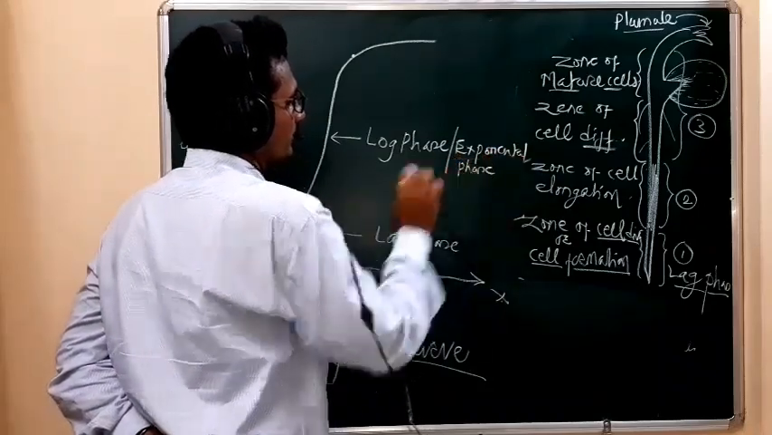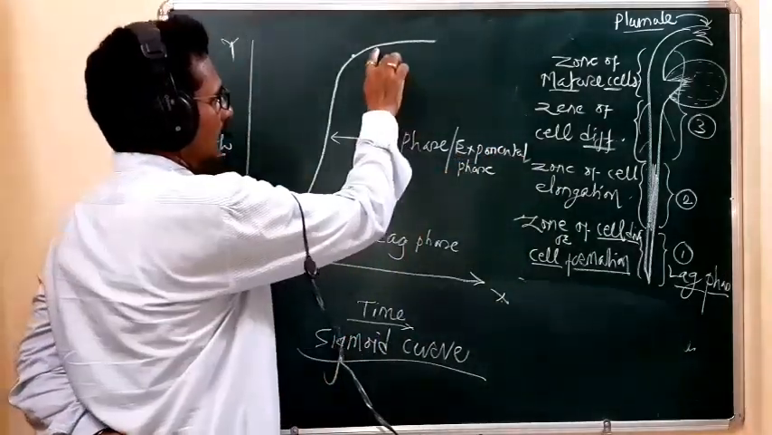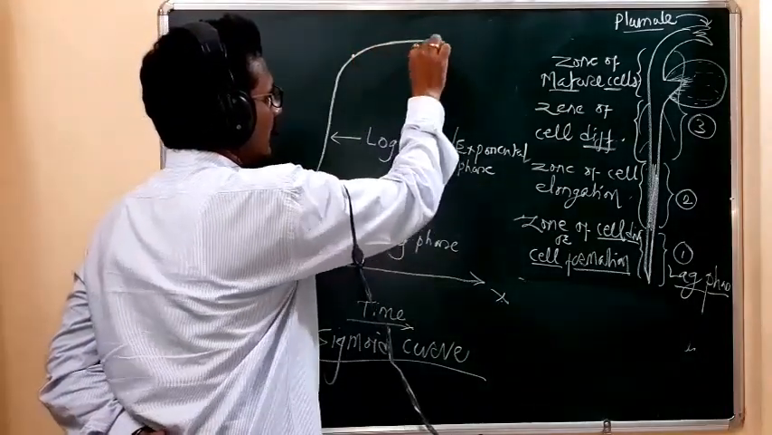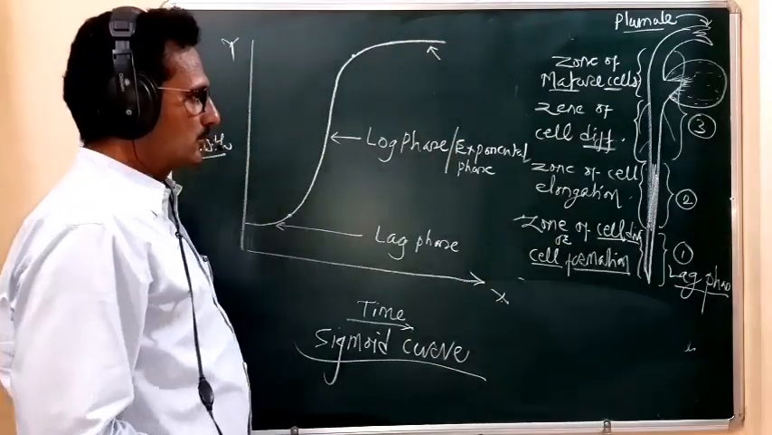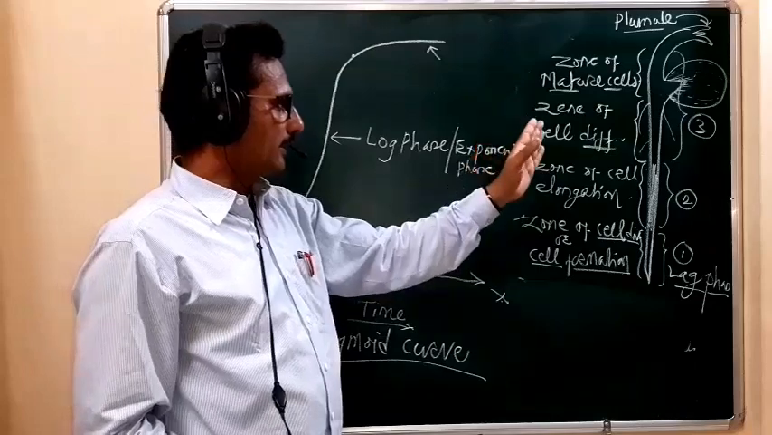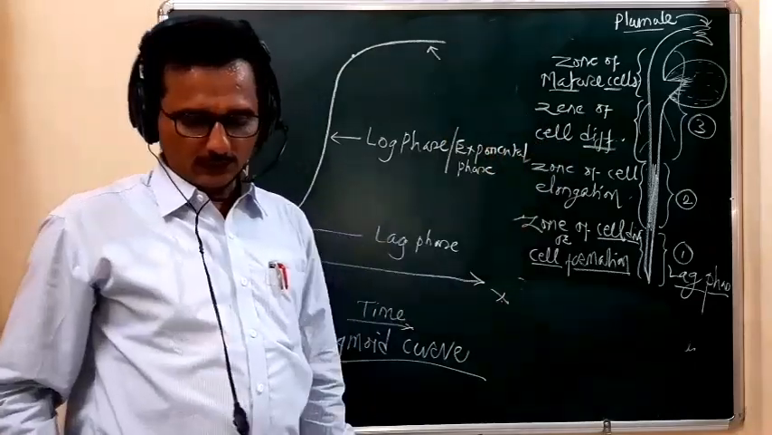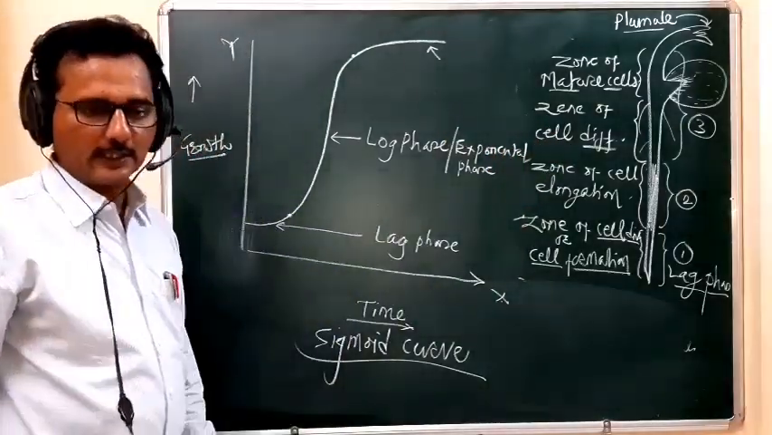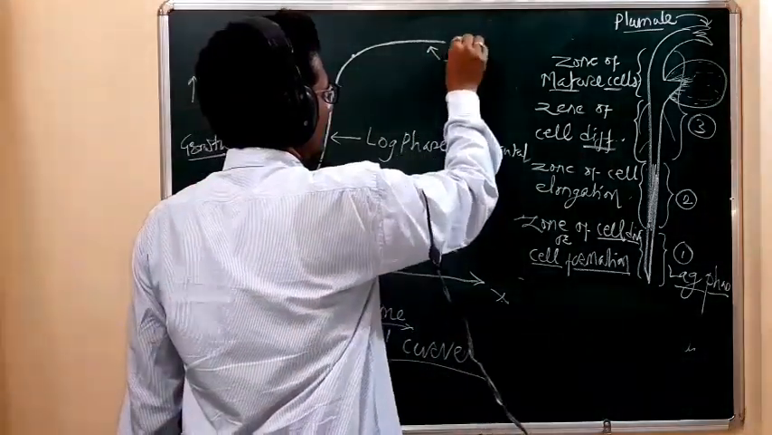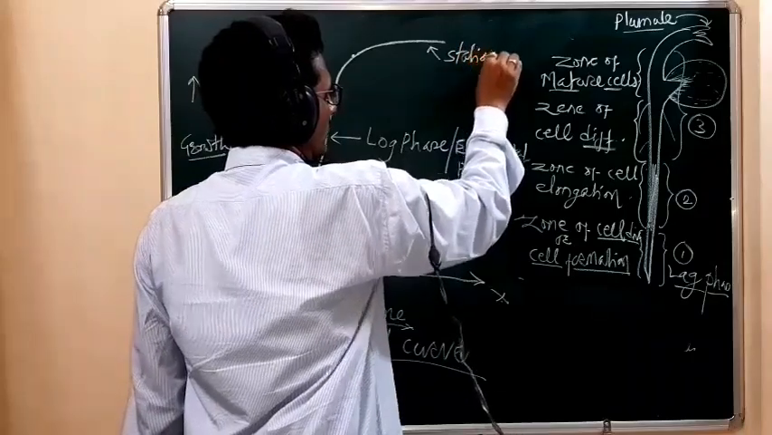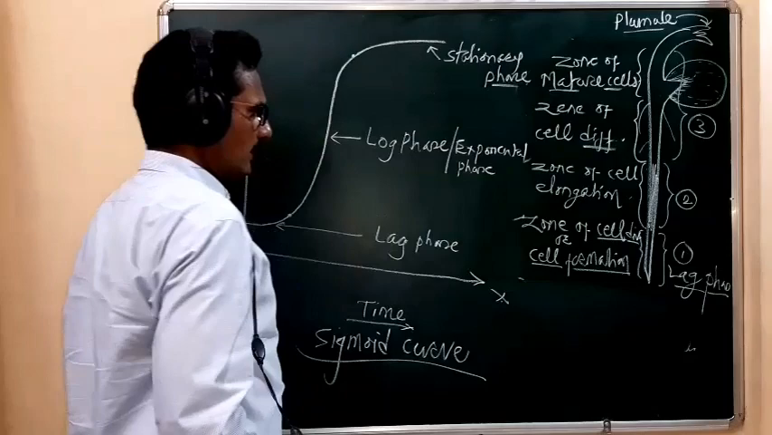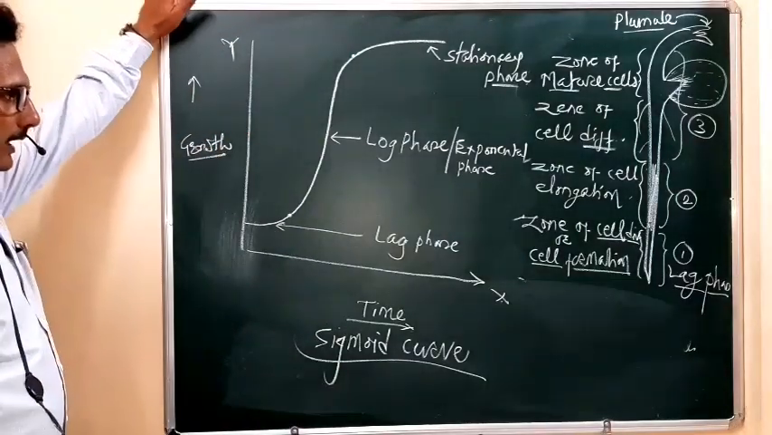Exponential phase. This phase includes the zone of maturation, or it also includes the zone of cell differentiation. This phase is also called the stationary phase. Okay, this is the stationary phase. Let's see, student,